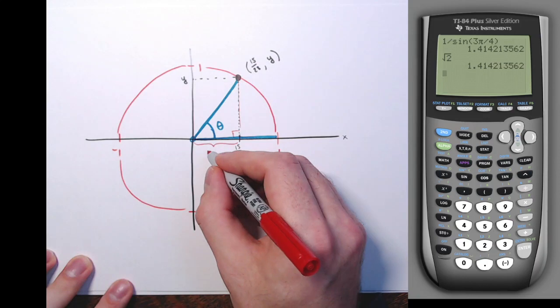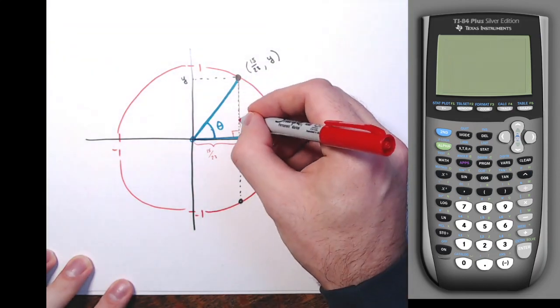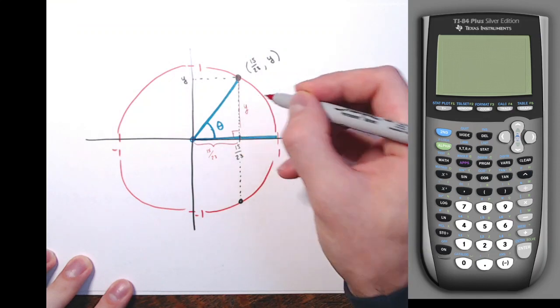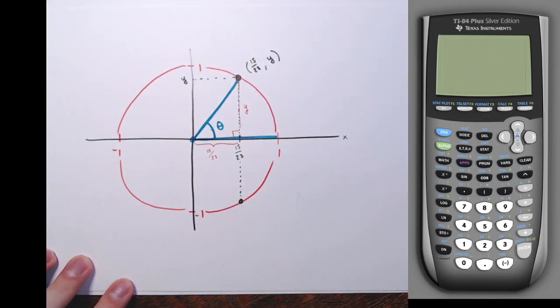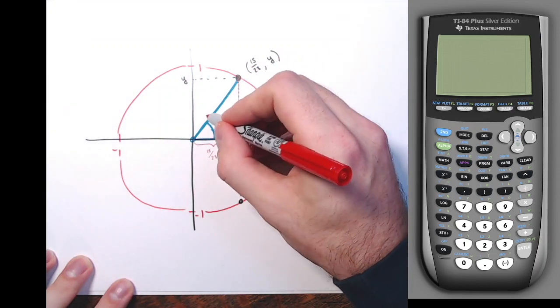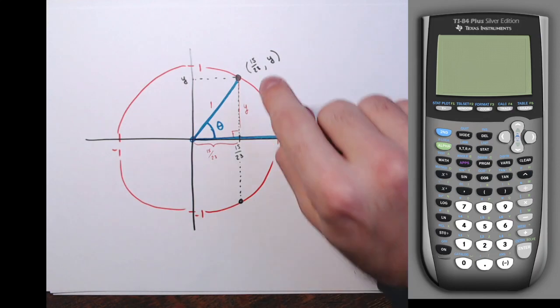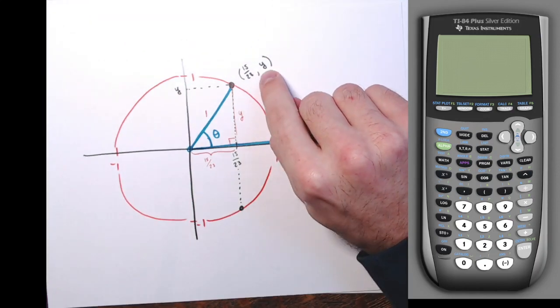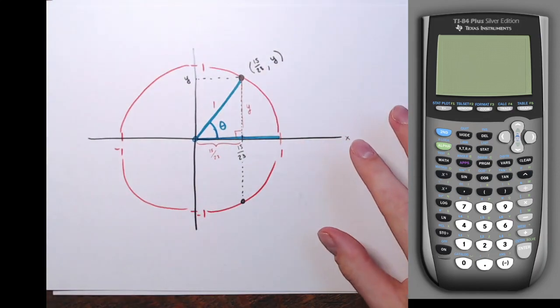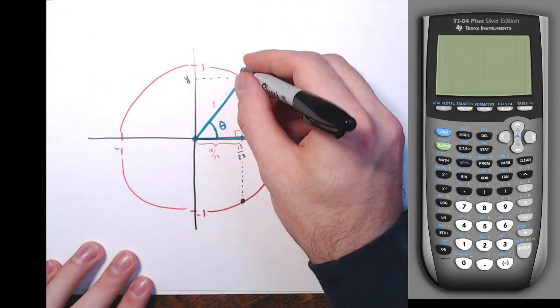Hopefully you already see that this side has a length of 15/23. This side I'm trying to find. That'd be the y coordinate of my point, and since it's the unit circle, this has a hypotenuse of 1. The hypotenuse is a radius of the circle. So let me first fill in this point. What is the y coordinate? That's using the Pythagorean theorem. If I look at this right triangle, we'd have